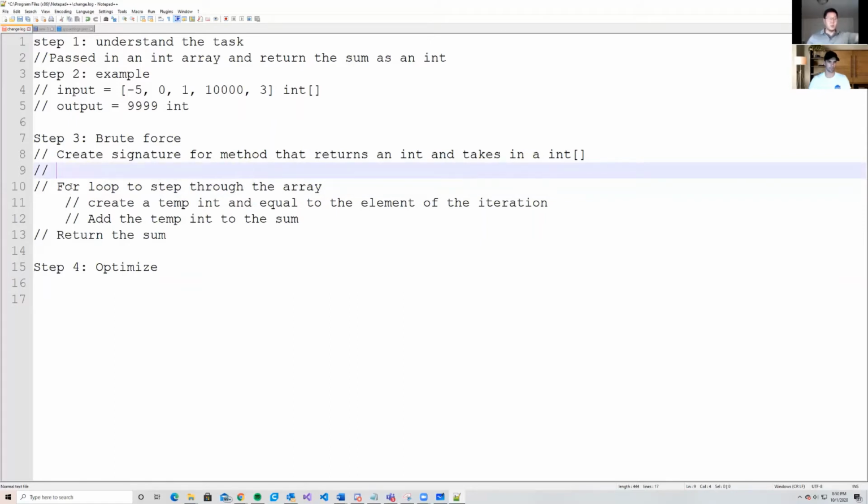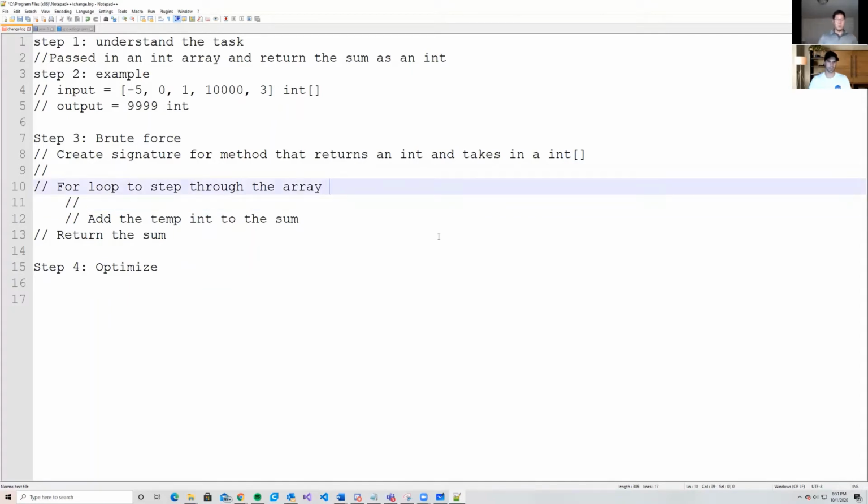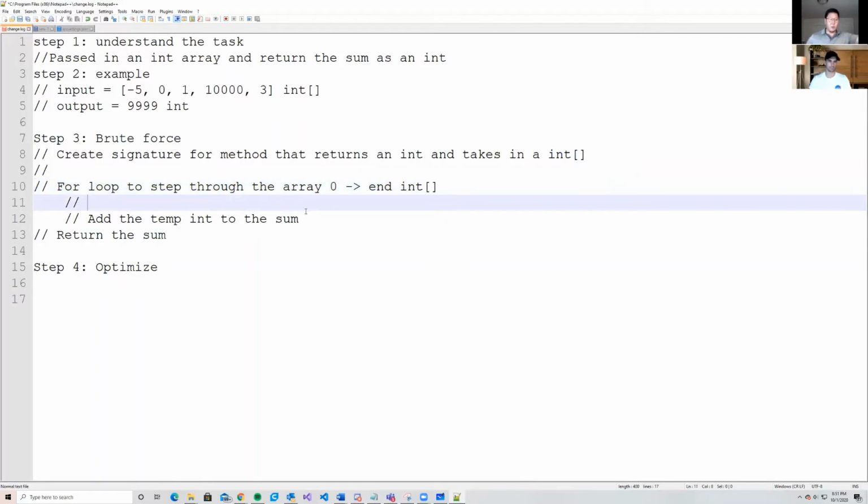Then we go into the for loop where we're stepping through the array. Again, right here, we're creating another temporary integer that's equal to the iteration. Again, we could skip this one as well, because we could essentially utilize the actual elements in the array to do this. For this for loop, initially it was going to start at 0 and go until the end of the integer array. But by starting off at 1, we could go ahead and add